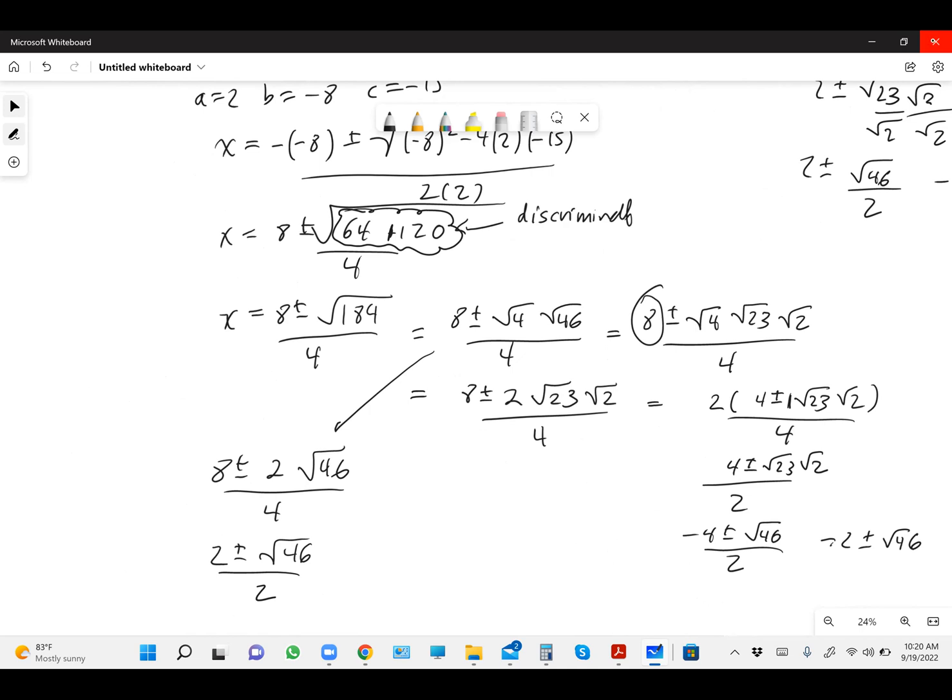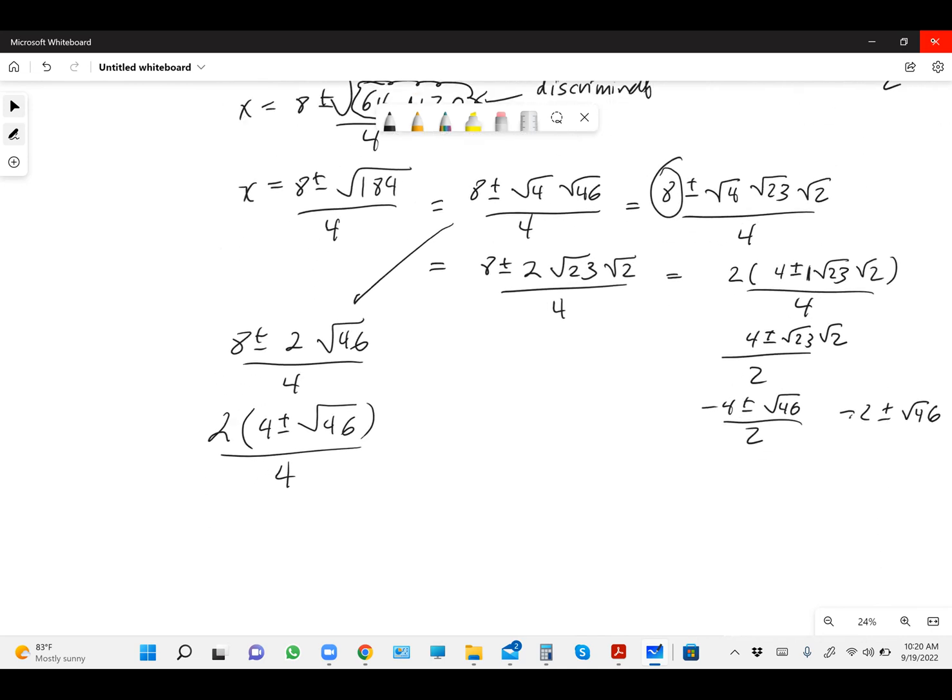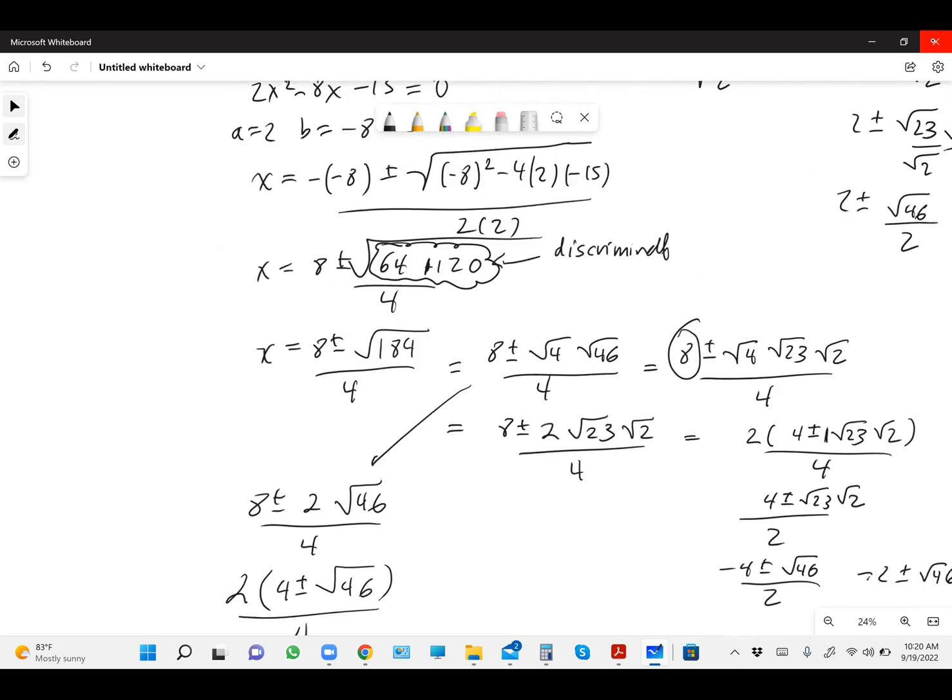Because when I do it that way, so here I have this. 8 plus or minus 2 square root of 46. So let's say I factor out a 2. You get 4 plus or minus the square root of 46 divided by 4. So that causes this to just be 4 plus or minus the square root of 46 over 2. Then this is 2 plus the square root of 46. So when I go up here,